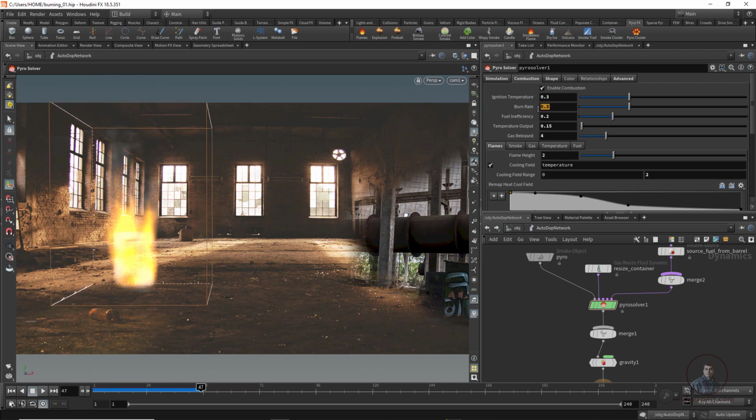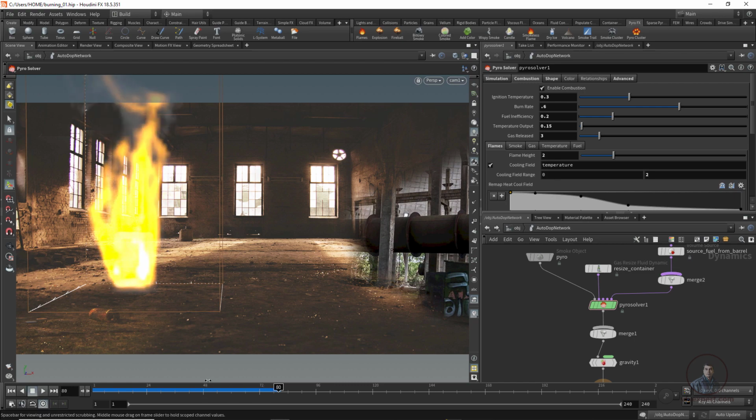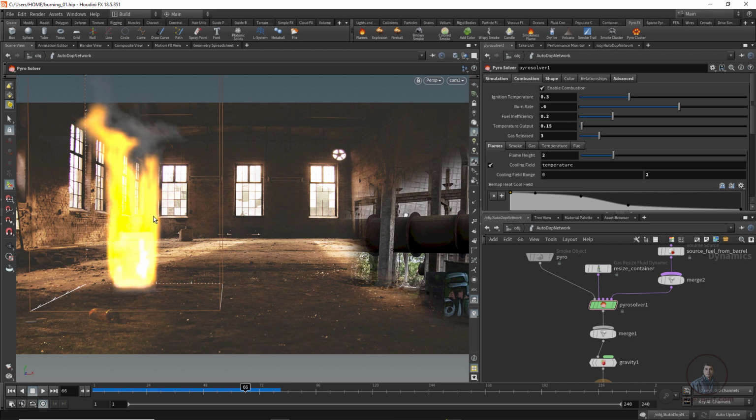I think 0.6 is sufficient. So I think this is looking good. Okay, so now after this I am going to adjust the fire directions. Maybe this is burning and the smoke and fire are going toward this side, or any side where you want. You can just shift it.